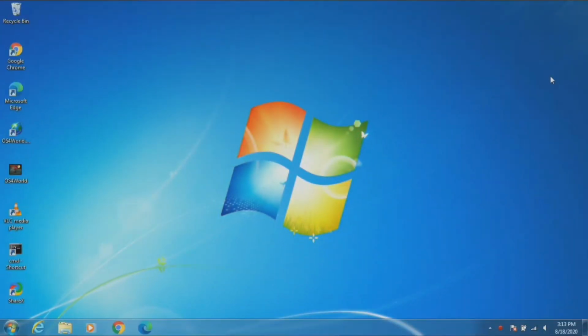Linux operating system. In Windows operating system, we don't have a feature to try the operating system without fully installing it into the hard disk. But in Linux operating system, we have a feature to try the operating system without installing it into the hard disk. We are going to take advantage of this feature to take the backup from the Windows 7 operating system even though we forgot the password.